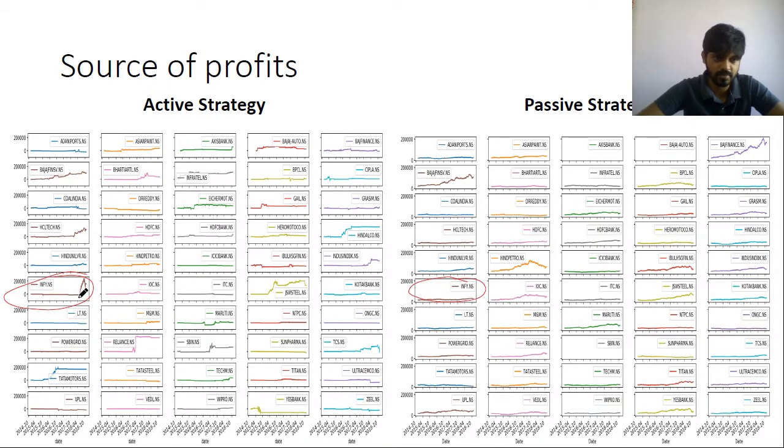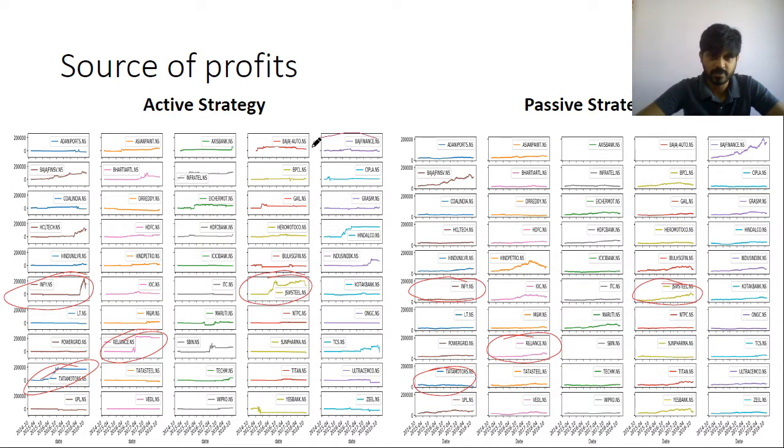So we can see that at some point we made a large position and we made a lot of money, which didn't happen in the passive. Similarly for JSW Steel, we have a good profit here. So these are the places where our active strategy really made its profits. There have been a few positions where it made a huge amount of profits. Especially Tata Motors, you can see that it actually lost money over time in the passive portfolio, but we have managed to make quite a bit of profits on this. This is because of the position sizing, where we are able to concentrate our positions on few stocks based on our predictions.